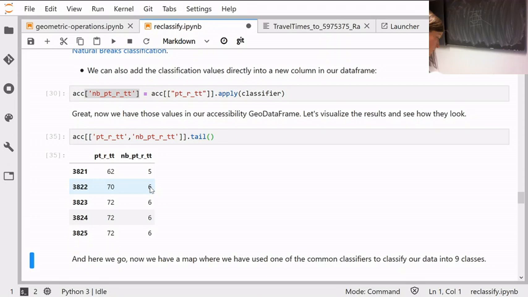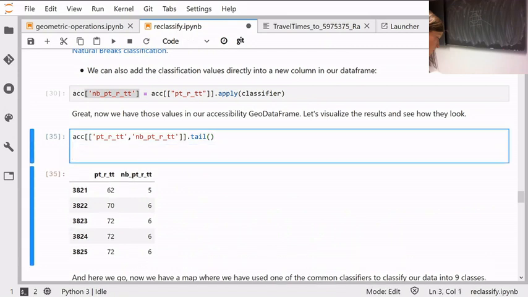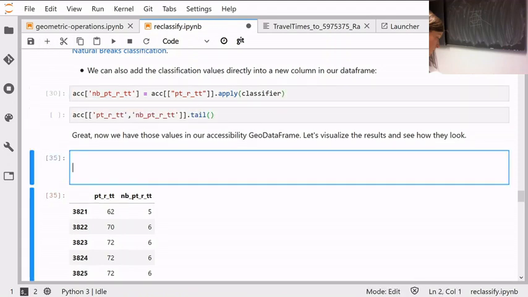So in some cases you can just do the classification while plotting. For some other applications you might want to store the classification as a new attribute in the data frame. And then based on that information, I'll just store that in a column in there. So now we have a new column in this data frame,